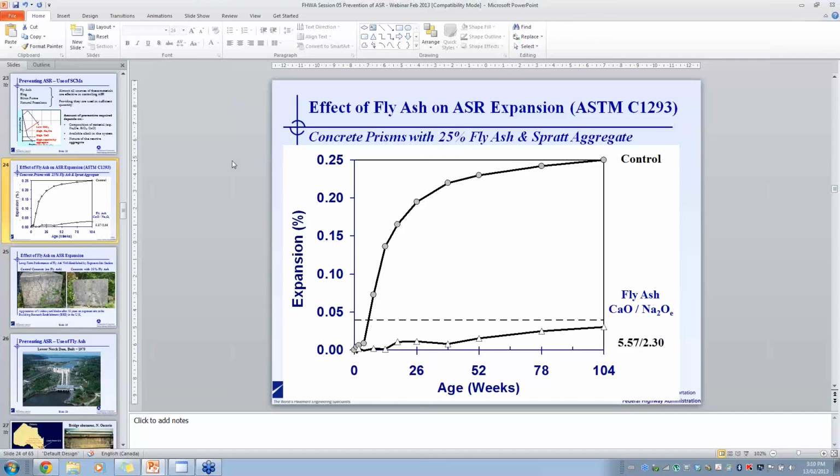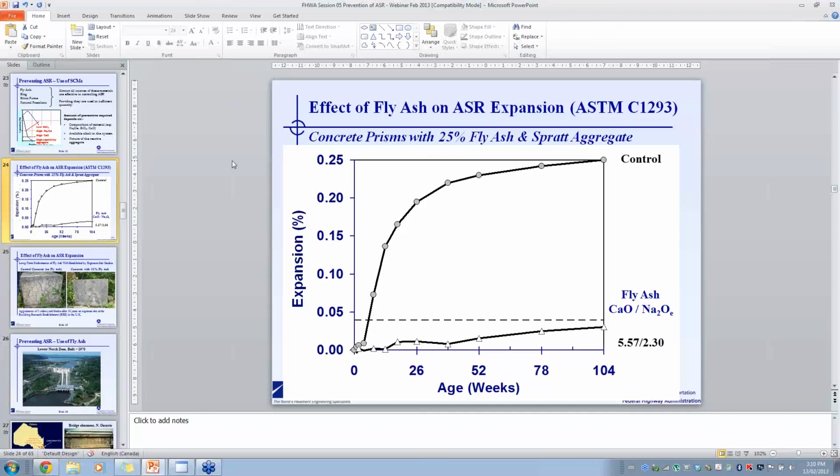Okay. Next question is, how would fly ashes with low calcium oxide and high alkali content control ASR? Well, you tend not to get fly ashes with low calcium content and high alkali content. The ones with very high alkali content tend to have moderate calcium contents. But if you did have a low calcium fly ash with a high alkali content, then what you